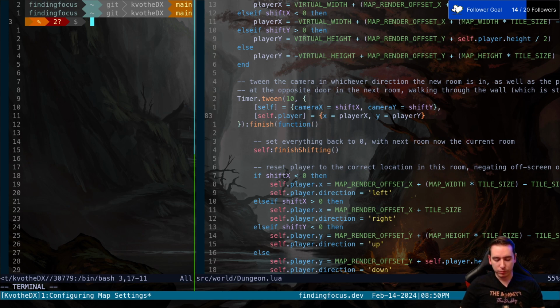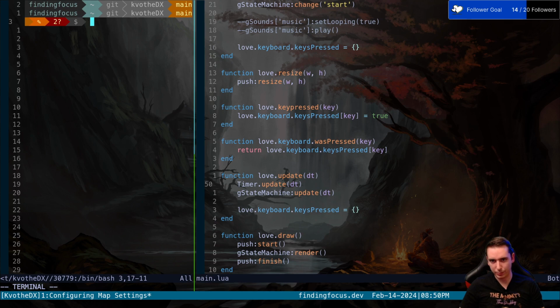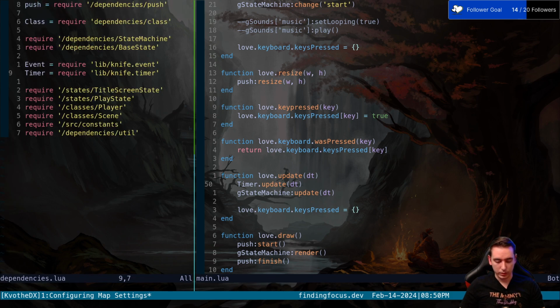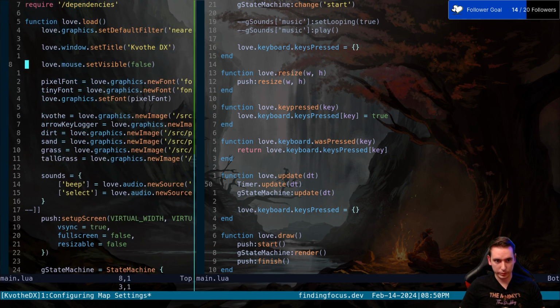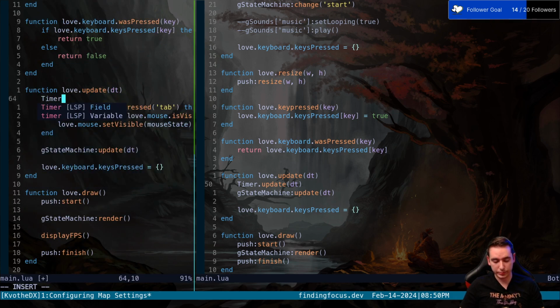Okay, so before we forget, let's do what they do, and they update their timer. So if we go look at their timer in their update function, they literally just say timer.update gets delta time, so that they can do that. So let's do that in our main.lua before we forget. So we'll go into our main, and we'll go into our update, and we'll just go ahead and update our timer, give it delta time so that we can actually tween those values, because that would be a hard,